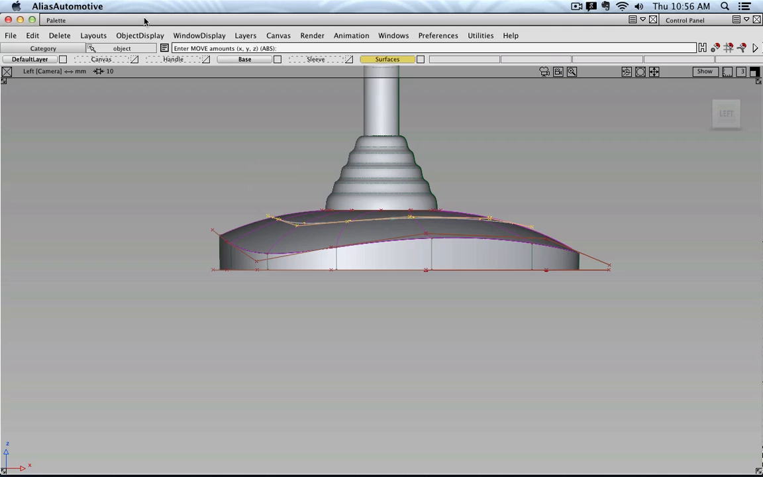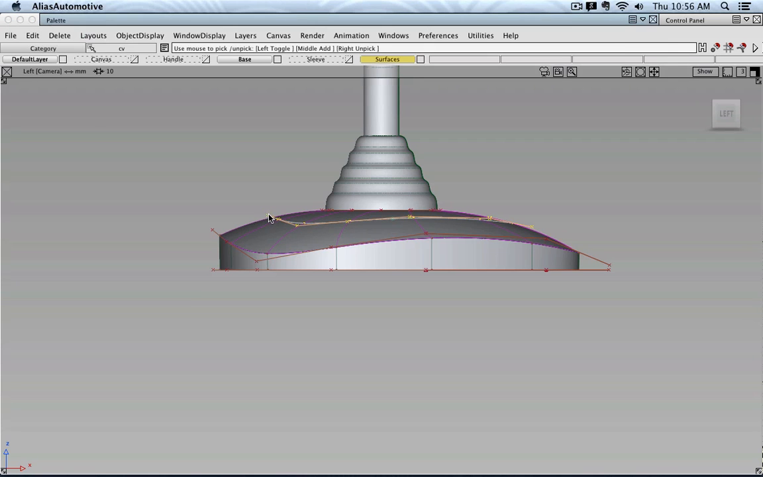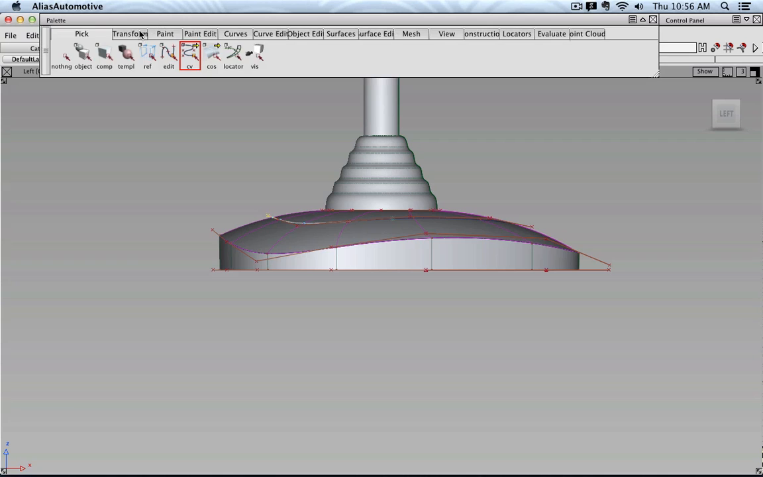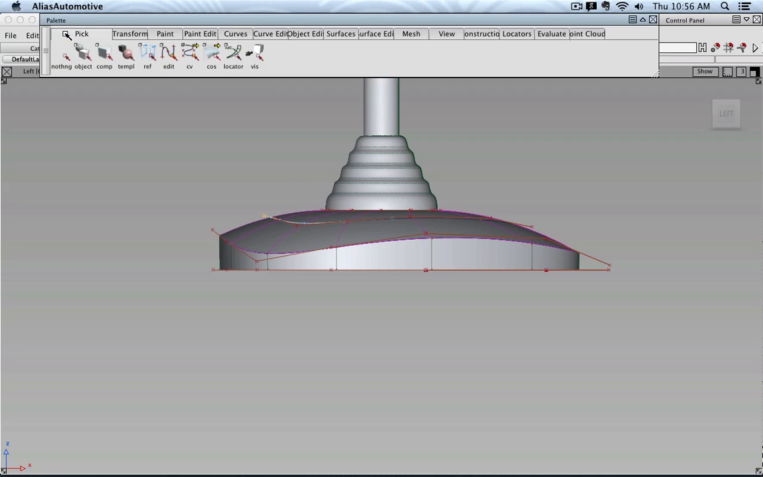I could also go to the CV picker and then maybe work on a point basis. That is option 1. Now option 2,